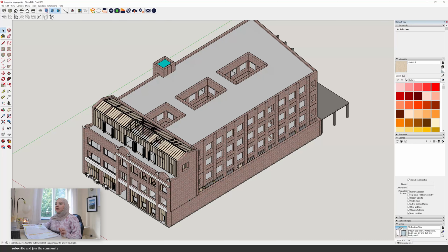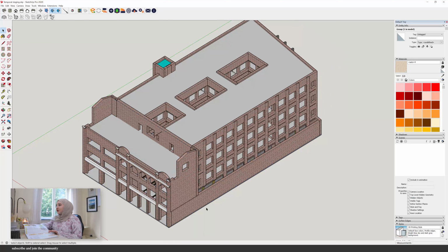So this is the 3D model for the thesis project, and I've created about 4 interventions in this building, and the goal is to only render the interventions in detail similar to the illustration in the magazine. The author of this illustration used Illustrator and Rhino, but I'm going to use SketchUp because that's where my model is. But I'm also going to render the interventions in Enscape because I think that will save a lot of time. I'm going to hide the interventions first,